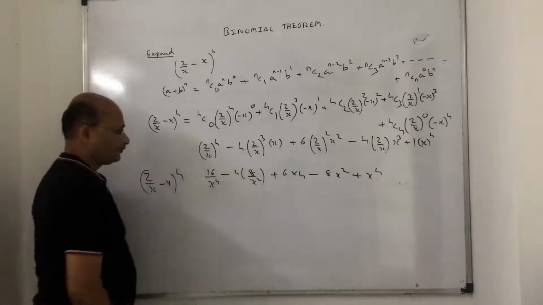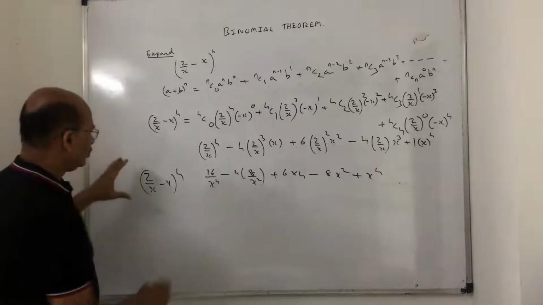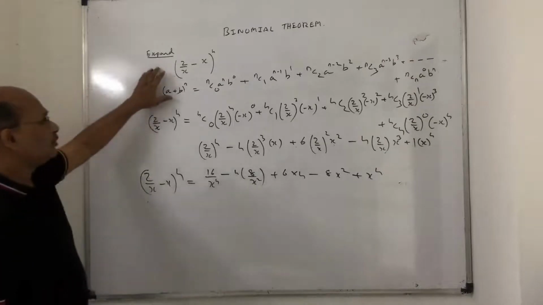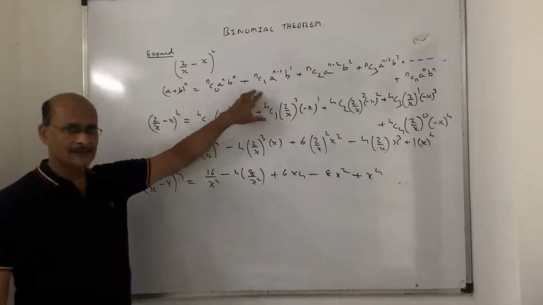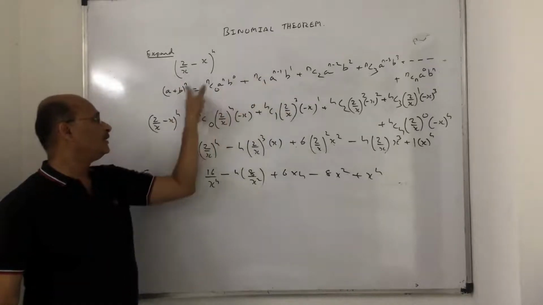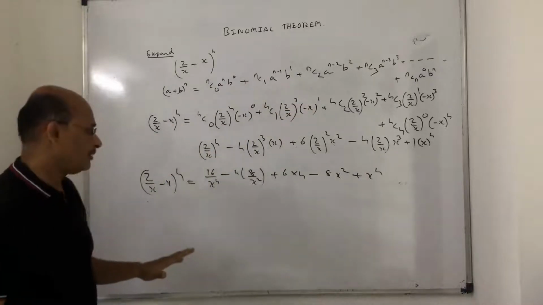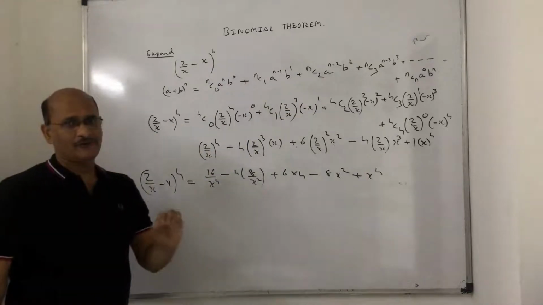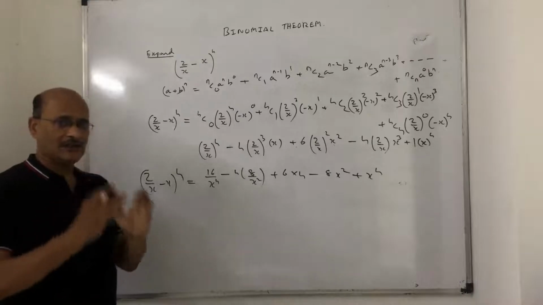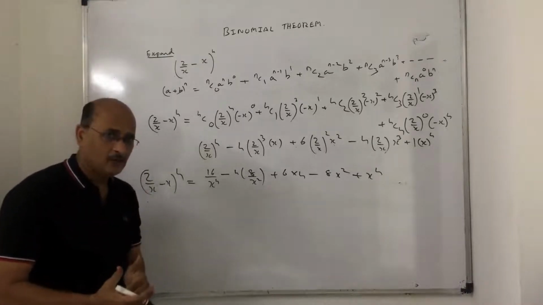raised to 4. So basically what is happening, remember one thing, that expansion, you apply this formula, NC0, NC1, NC2, NC3. First term, it decreases the power. Second term, increases the power. This is something important which you have to remember. So this type of sum which we did now is just a sum on basic expansion. So let us take the next type now.